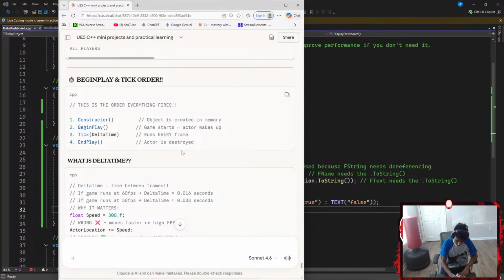This is the order everything fires. And guys, I feel like my writing is getting a little faster because my fingers are getting a bit warmed up. Number 1, constructor: object is created in memory.